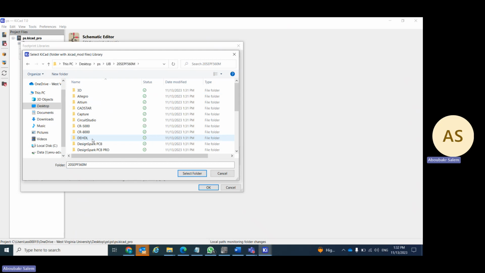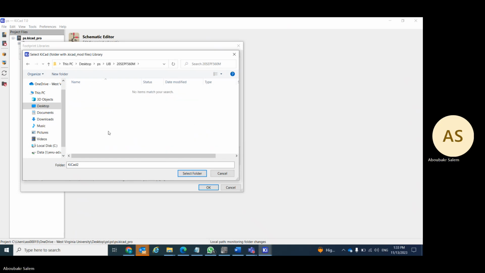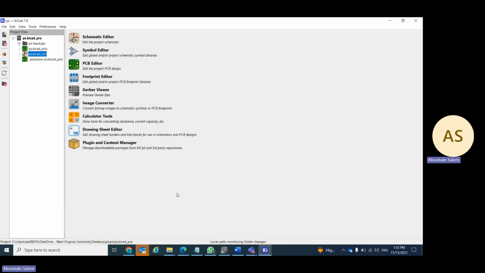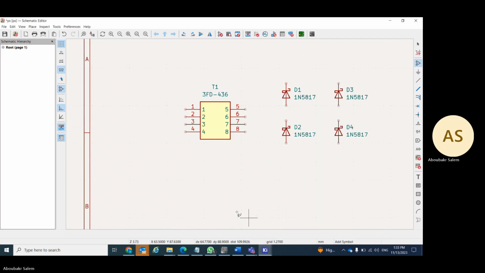So let's make it here KiCad 2 because we have this name before. Otherwise, guys, we need to have all symbols in the same library. So let's select this folder and press OK. So now I have everything. Let's go and include this in our schematic now. If you press add component,